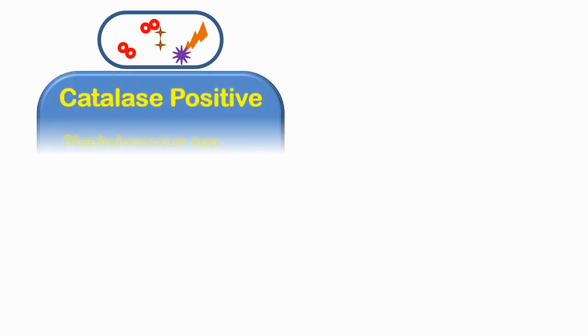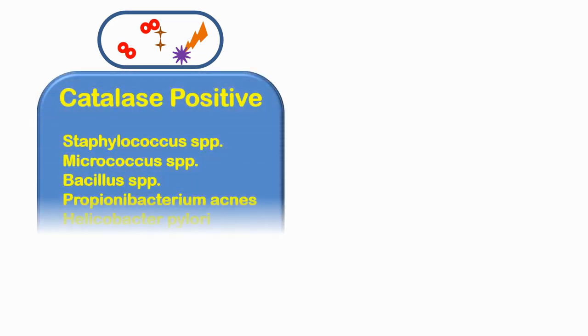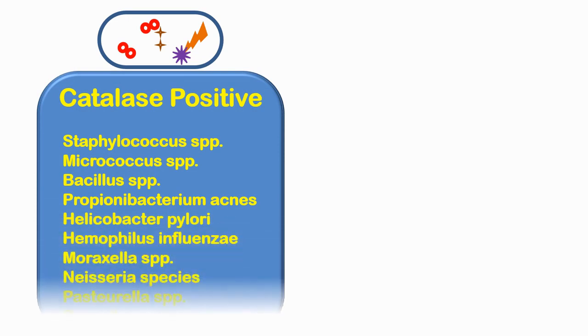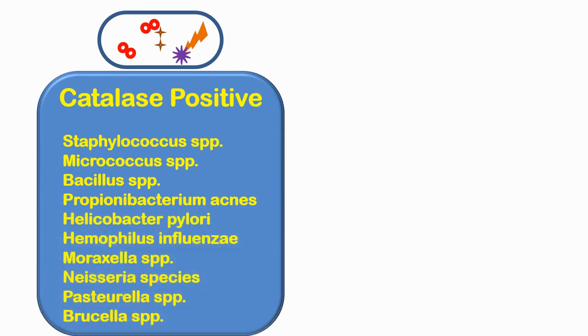Catalase positive bacteria can respire using oxygen as a terminal electron acceptor. They include obligate aerobes and some facultative anaerobes. Some examples are Staphylococcus species, Micrococcus species, Bacillus, Propionibacterium acnes, Helicobacter pylori, Haemophilus influenzae, Moraxella species, Neisseria species, Pasteurella species,